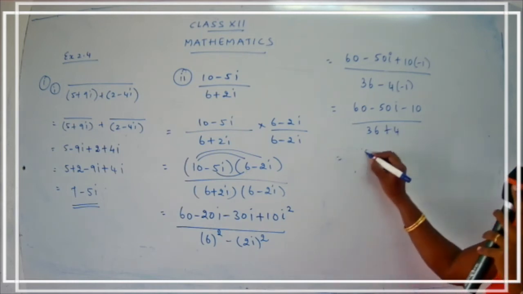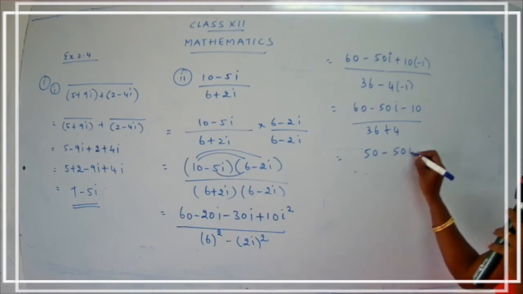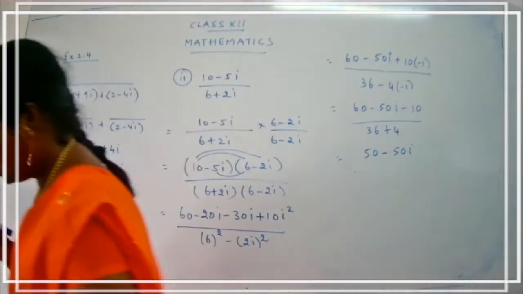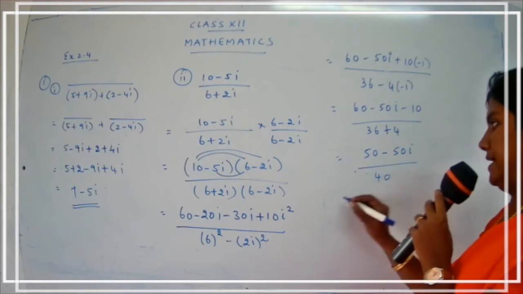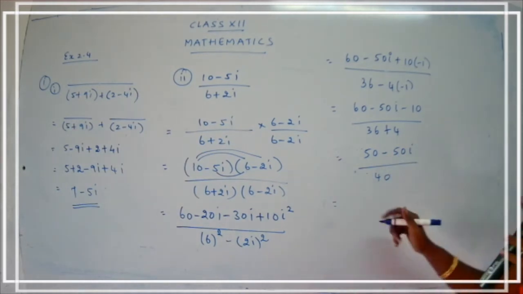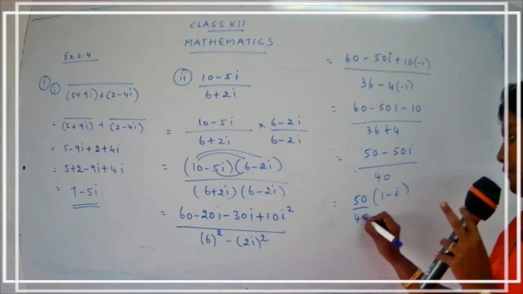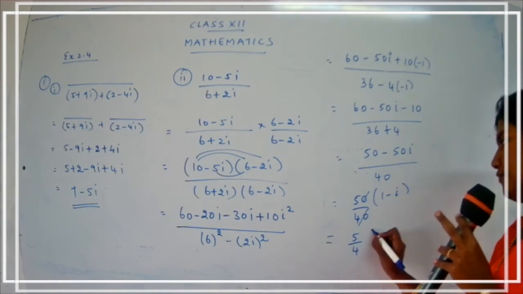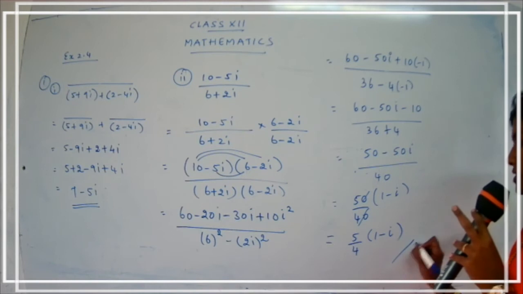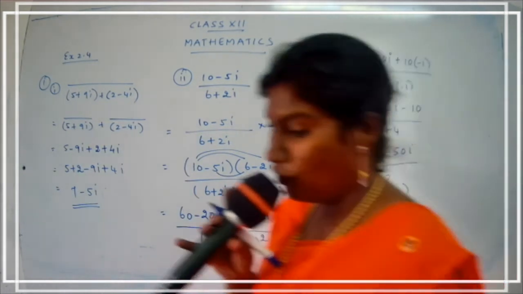Yes. So 50 minus 50i upon 40. Try to take 50 common. So 50 (1 minus i) upon 40. Clear, children? So the 0 and 0 get cancelled. So what is left? 5 by 4, (1 minus i). So this is the required rectangular form, a real part and an imaginary part. So what is the answer? 5 upon 4,